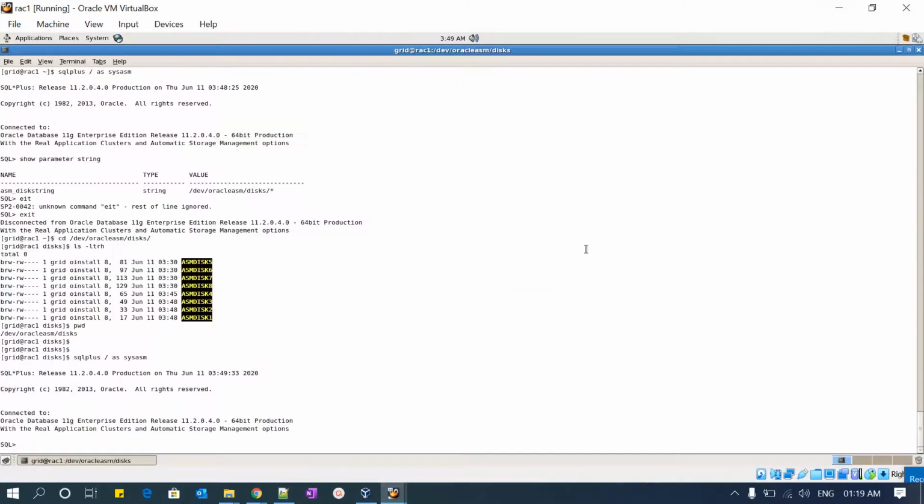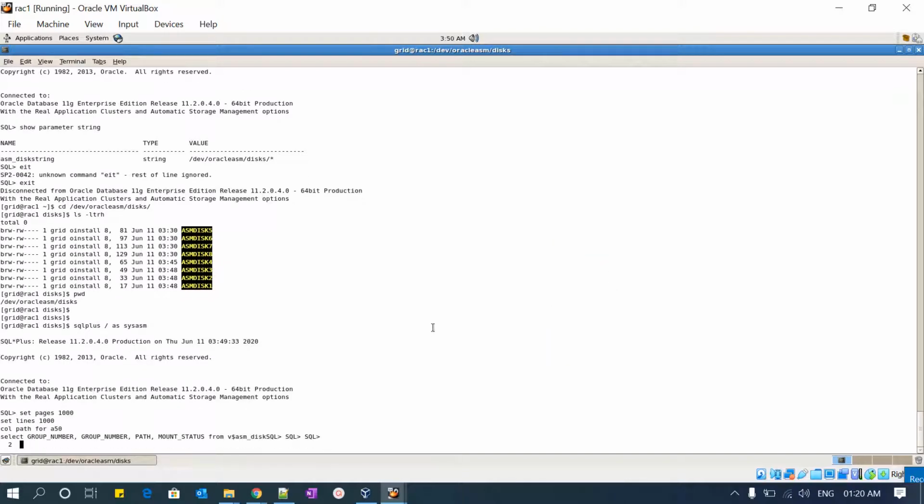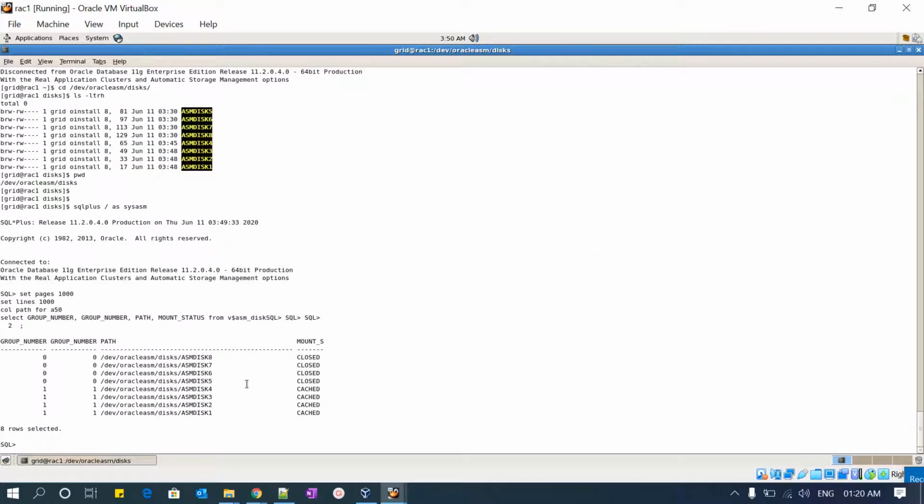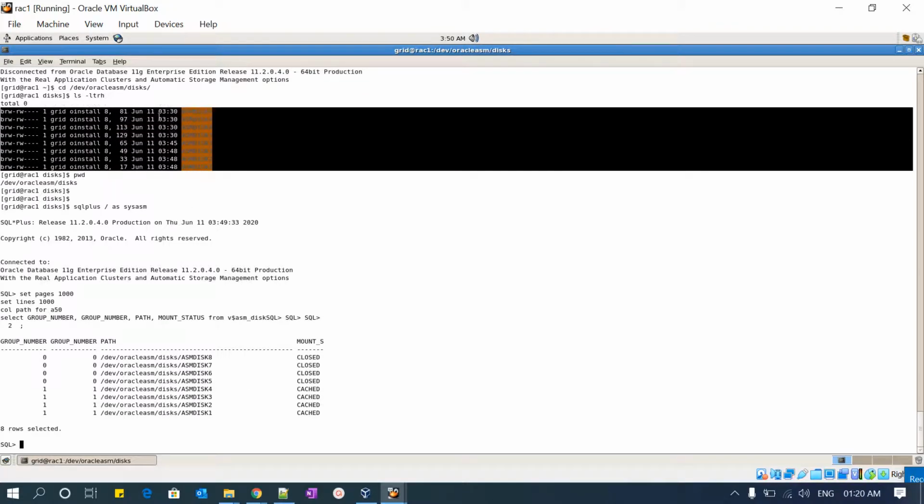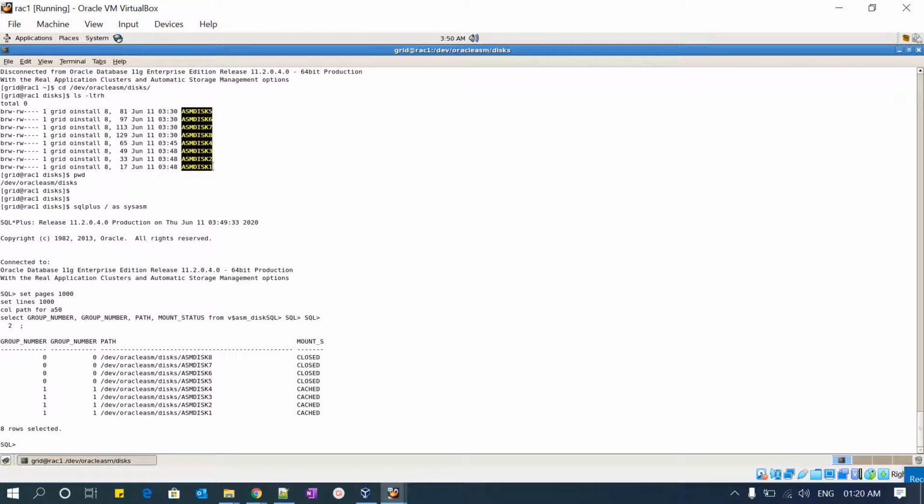You need to run that, so that you will find all the disks exposed to this ASM instance. So I'm running this command. Okay, here you go. At the OS level we verified 8 disks are there, disk 1 to disk 8. Similarly at the ASM level, if you query V$ASM_DISK, you will find all these 8 disks, from 1 to 8.